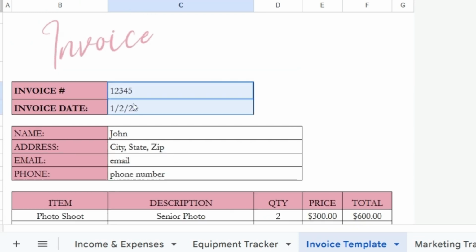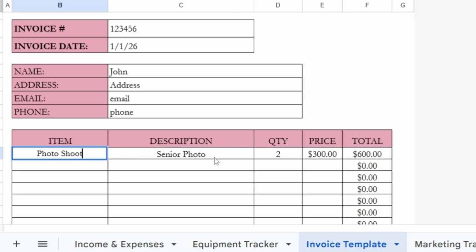This is a printable and editable invoice template. So you can start from scratch if you wanted to and put the invoice number, the date, the name of the client, the address, email, and phone. And then you can put down the item that they had. So say this is going to be a photo shoot,